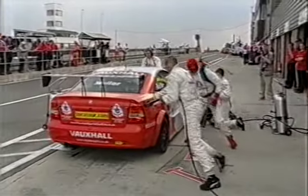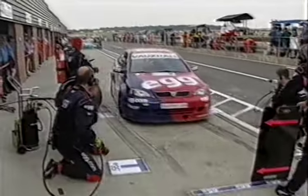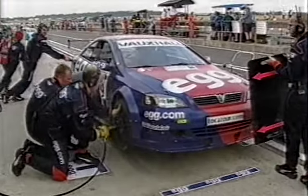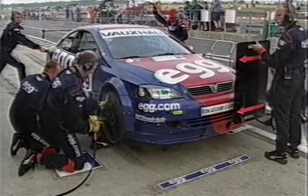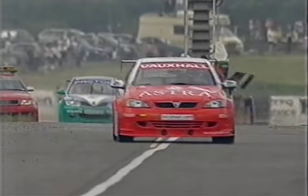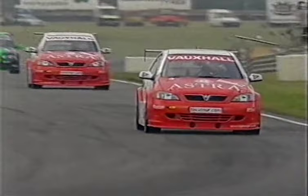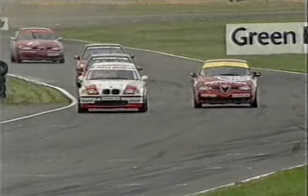Muller comes in, a bit tidier, a bit neater into his pit bay. Also coming in is Paul O'Neill. Not Matt Neal, the race leader, but his teammate, Paul O'Neill. And I can hear Muller's already accelerating his way down the pit lane. So Muller has made a good stop, and the wheels got stuck on O'Neill's car. So there's a problem there. Here comes Muller, and he rejoins, and he's coming out just in front of Thompson. So he did gain the time. Thompson losing that time on the pit stop. Yeah, as we expected, that stall from Thompson really has messed his race up, and he's lost now 2 valuable